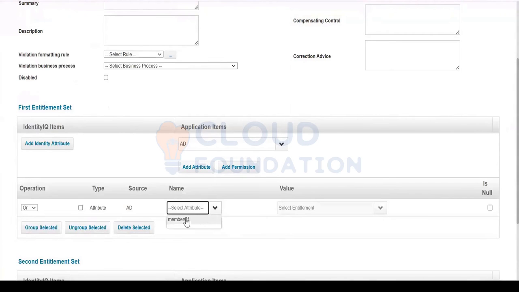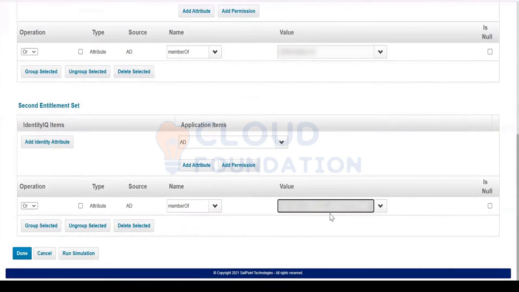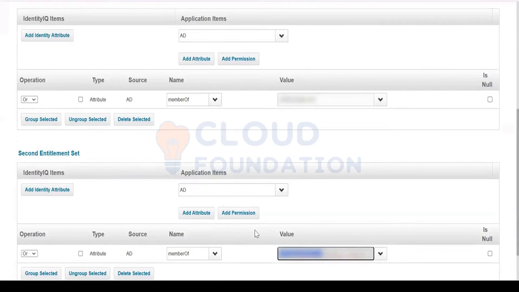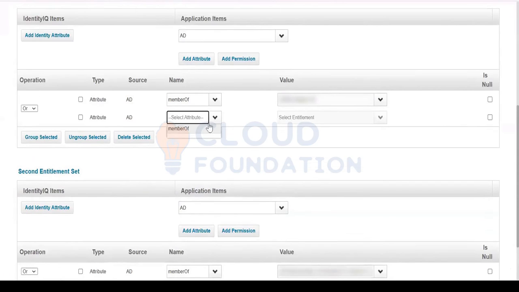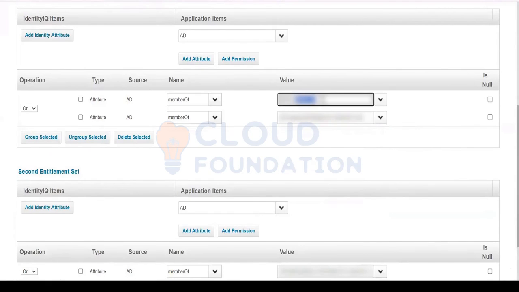You can add the entitlement, for example where a user can have an administrator access. This or that, either from the first entitlement set or else the second entitlement set. Maybe if you want to add more entitlements from the first entitlement set itself. The user can have either admin OU access or else just entitlement access, because your operation is OR. I think this is what you are looking for. Correct.